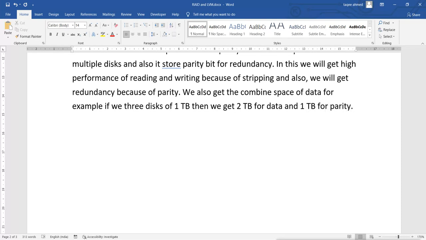So this one is giving you the redundancy also, and it is giving you the maximum data to use also, cost effective for using.